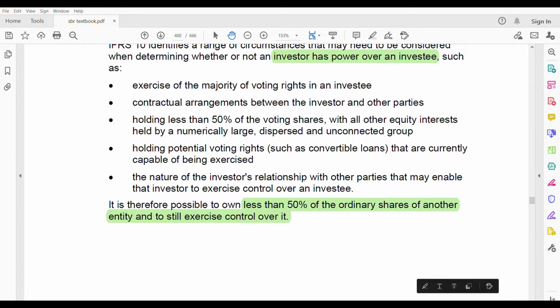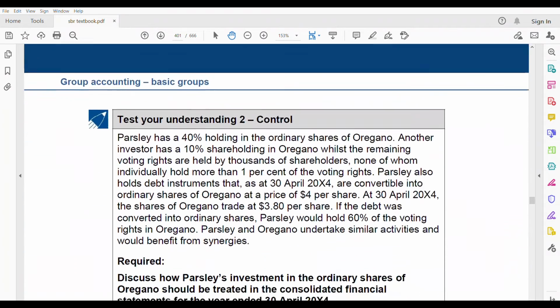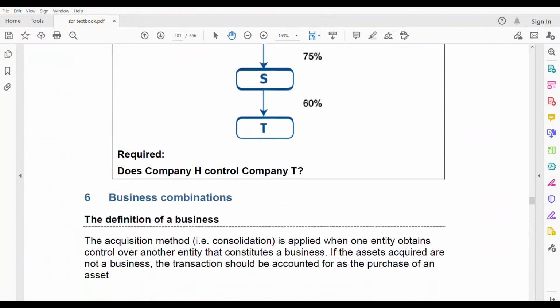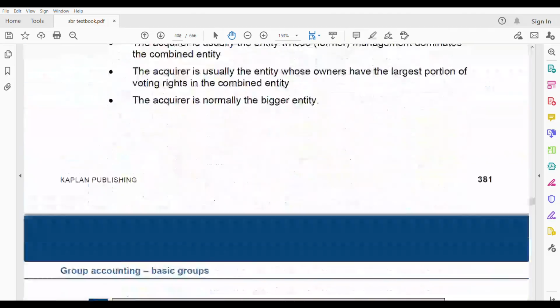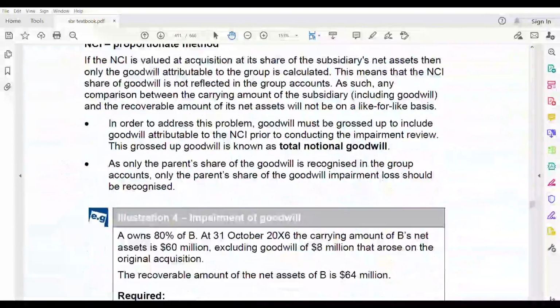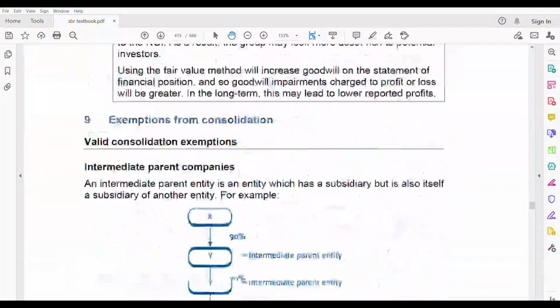But remember, for our consolidation purpose, it's very easy to know that if it's more than 50%, you consolidate the subsidiary. But if for a theory question they ask you to define control, or whether they can exercise control even if it's less than 50%, that time you have to give these points. But when you're doing consolidation, like number crunching, you don't have to worry about it. We have the two test your understanding questions, which will be done at the end. And finally, we'll be going through some situations where you don't have to consolidate even if you are a subsidiary. Exceptions.